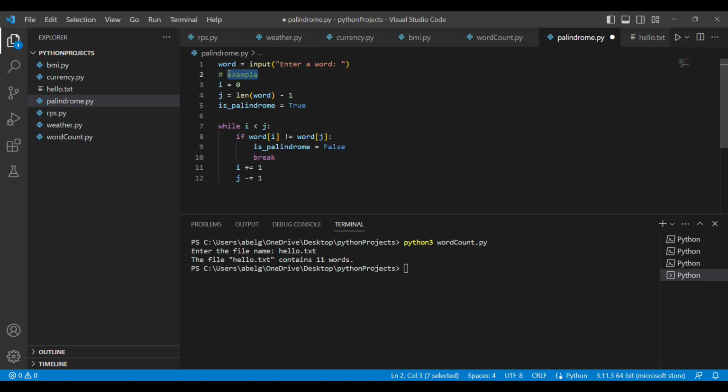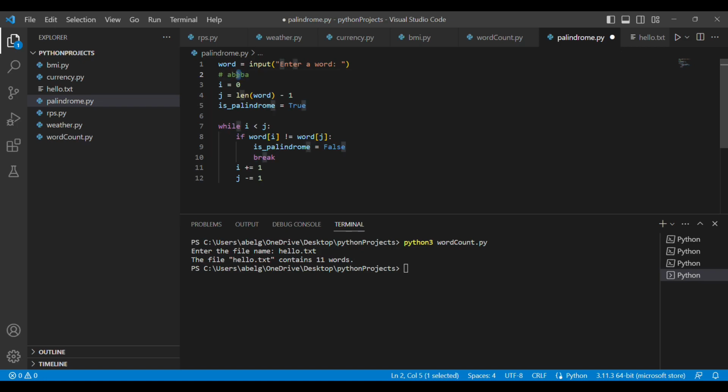So let's see another word that actually is a palindrome. Let's see Ababa. So this is a palindrome. Let's see how the loop deals with it. At first, i is going to be a and j is going to be a. So they're equal, so it goes to the next iteration. Then i would be at b and j would also be at b. So that is correct, so it's going to continue the loop. And in the next iteration, both i and j are going to be at e.